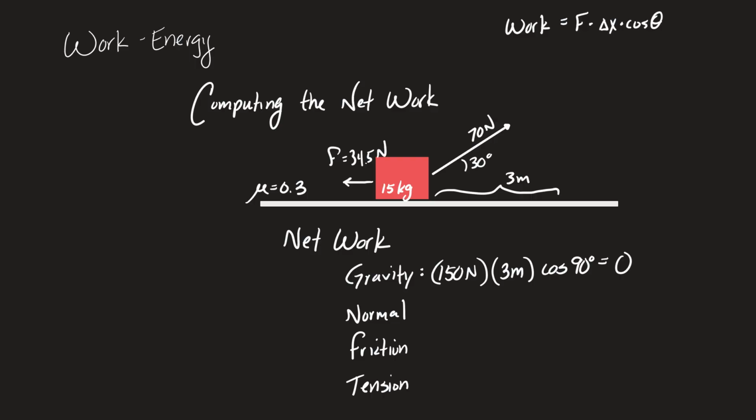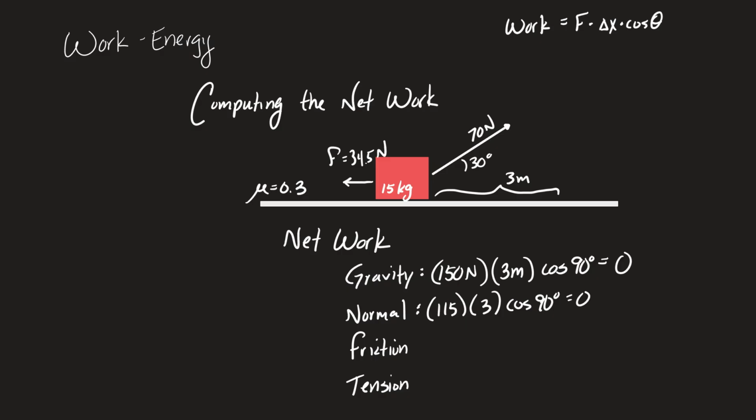Let's move on to the next one. How much work is done by the normal force? All right, there's a normal force. You just calculated the normal force. What is it? 115. But the important thing is, what's the angle between the normal force and displacement? 90 degrees. Is the normal force doing any work here? No. So even though we might know what that force is, because we did spend a few minutes talking about it, it does no work because there's no component in the direction of motion. Only two forces actually do work here. The tension force does work, and the frictional force does work, because those two forces have components in the direction